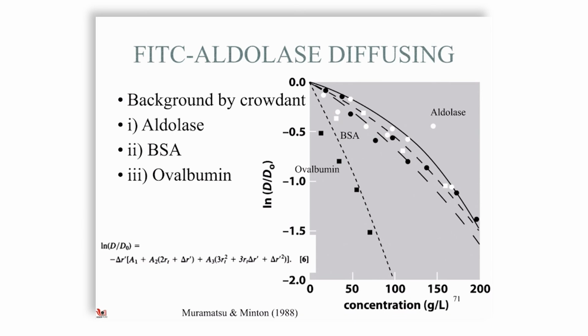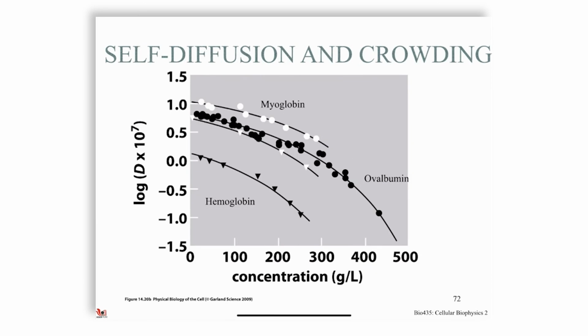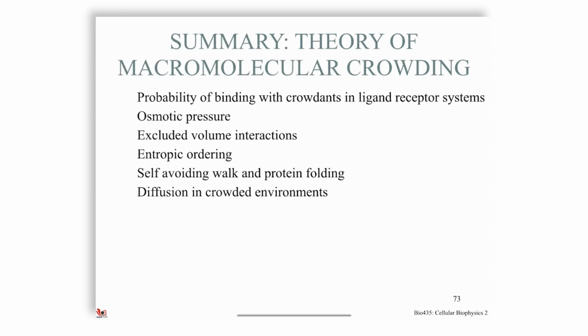The expression was fit by Muramatsu and Minton in 1988, and this is what the equation looks like. In fact, self-diffusion and crowding tells you that in addition to other things crowding, you can also have self-crowding. Higher concentrations of the molecule that you're looking at result in lower diffusion coefficients of the material itself. So in summary, we have talked a bit about the role of binding